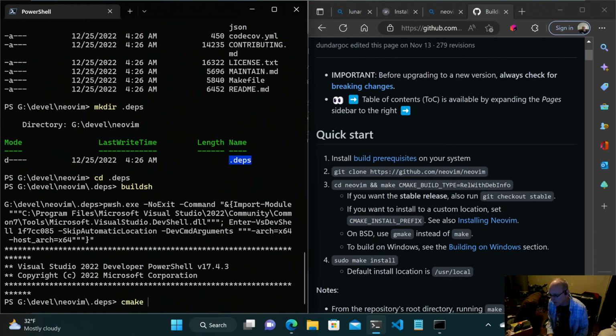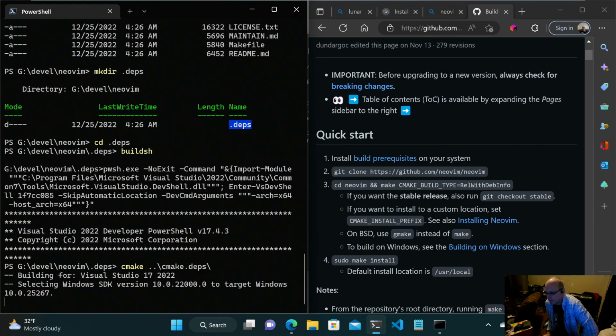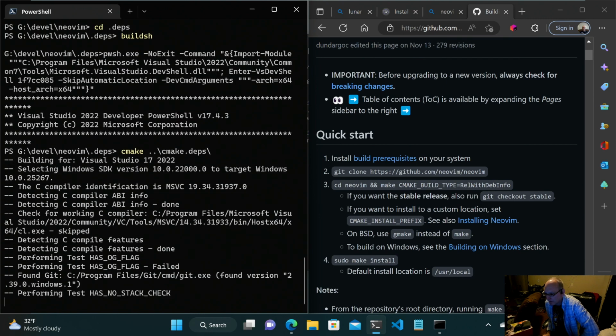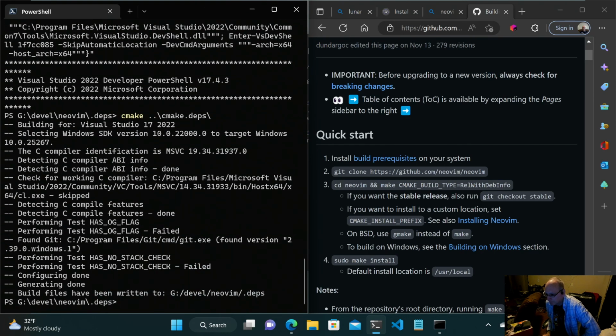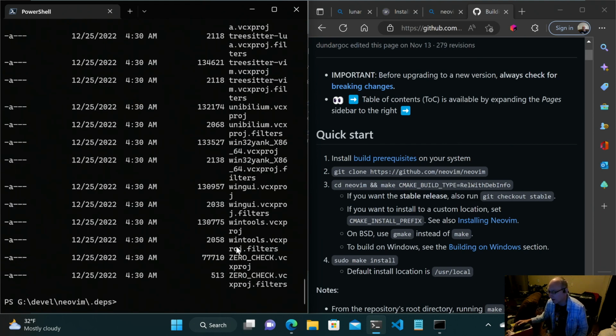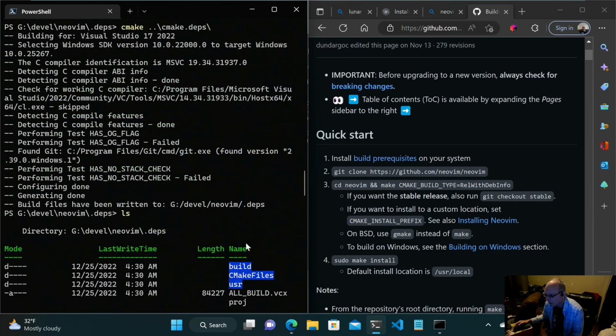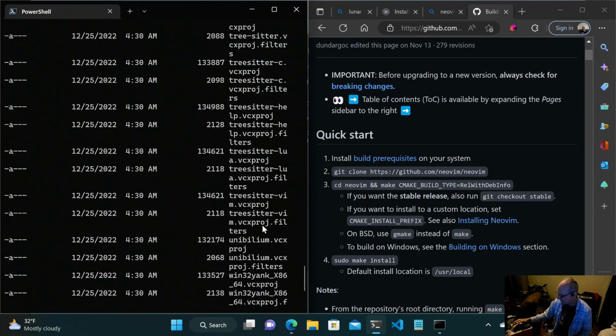Then I got to CMake the previous directory, CMake deps. So what that's doing is it's creating all the CMake dependencies in this deps folder. That will go through and create all the. Then if I show you what's in there, it's like, wow. So it makes by default all these, the VCXPROJ projects. The one I want is the ALL_BUILD,